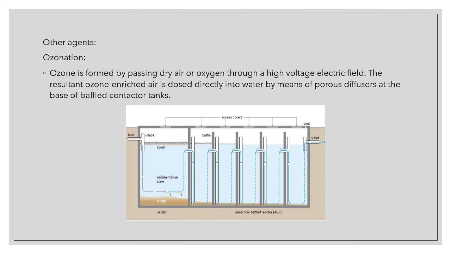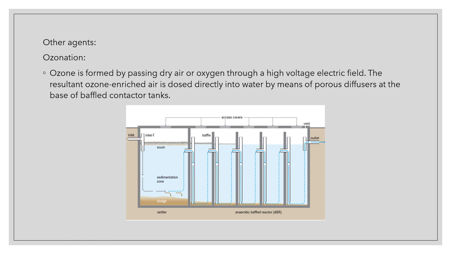Now, we do use chlorine as a disinfectant, but that's not the only one. Especially in recent times, we've noticed that adding chlorine into water leads to the formation of halogenated compounds, some of which are either known or suspected carcinogens. So we've had to come up with new alternatives. These include bromine, bromine chloride, iodine, and chlorine dioxide. However, the most promising alternative we have is ozone, as well as ultraviolet irradiation.